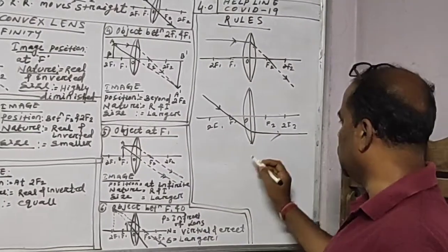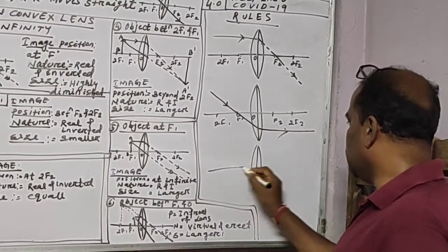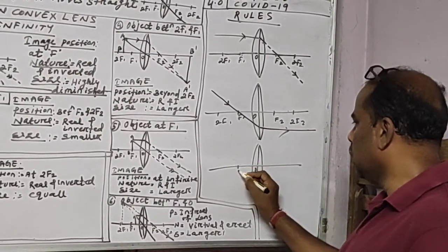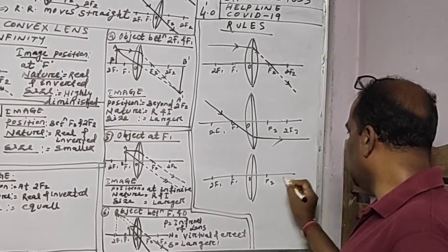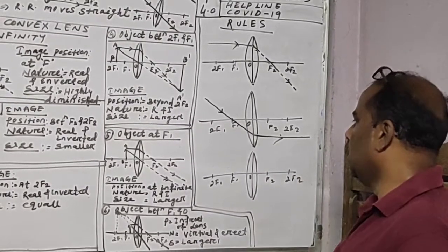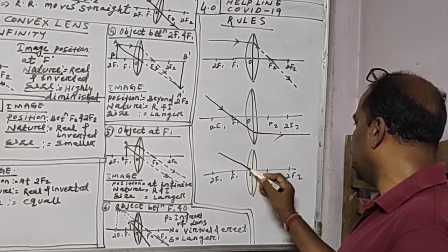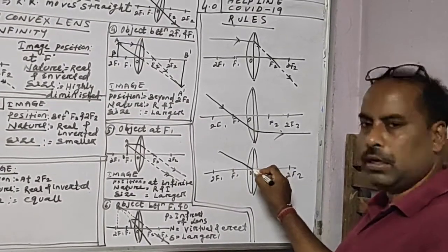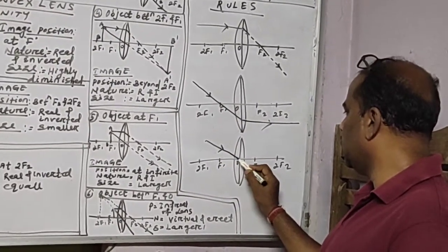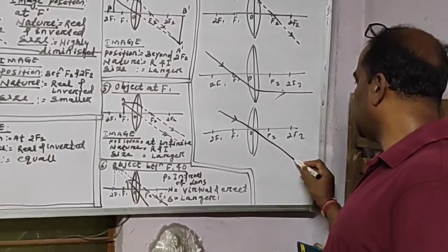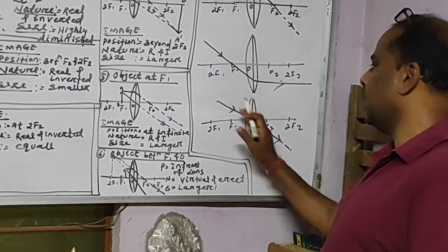Again, third rule is that, again, if it is convex lens, then this is transverse, principal axis, optical center, suppose F1, 2F1, F2 and 2F2. Now, if the incident ray passes through the optical center, this is known as the optical center, then it does not deviate anywhere, straightaway it will pass out. So the refracted ray will move straight.